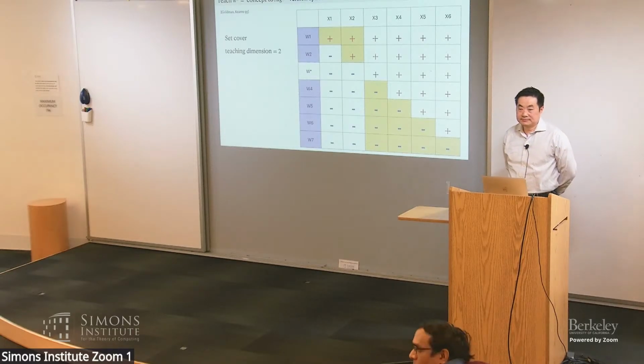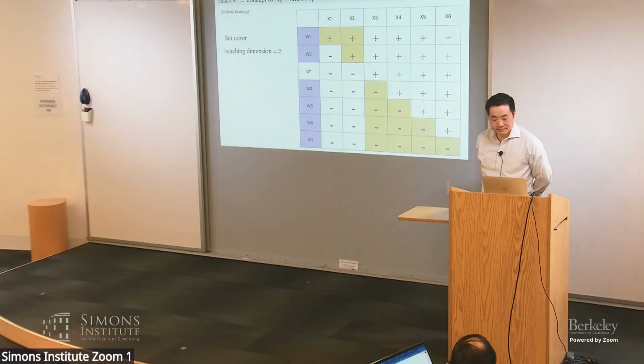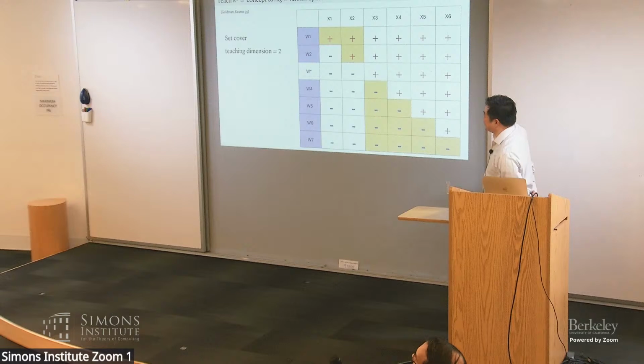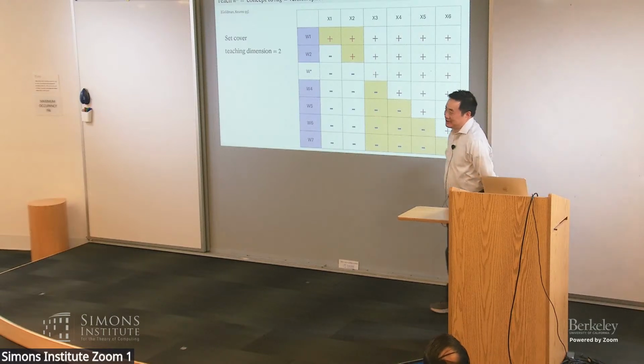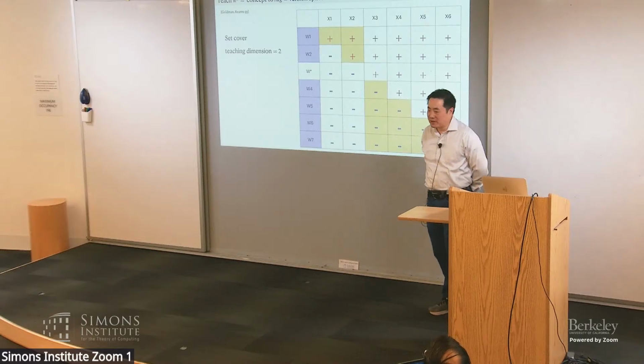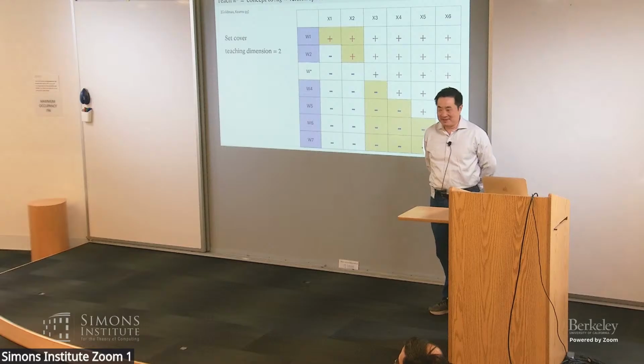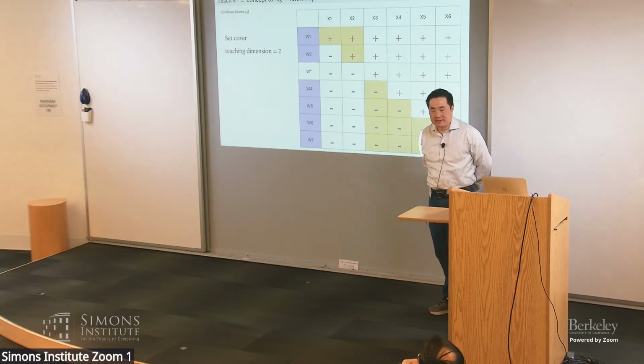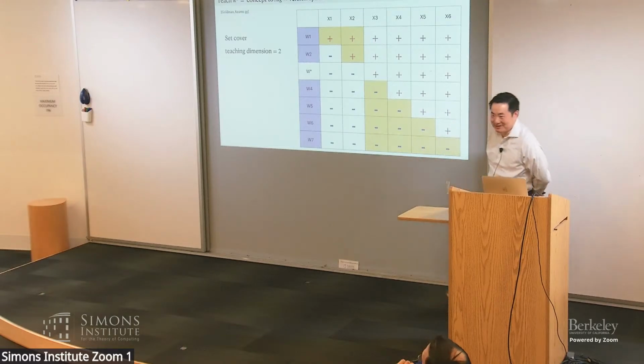Just asking for the cultural, why choose the word dimension and not teaching cardinality, let's say? All right, so that's a question for Goldman and Kearns. But there's a good cultural reason, because before that time, in the machine learning community, the hot thing was VC dimension. And this teaching dimension was meant as a buzzword to contrast, in my opinion, with VC dimension. And we will see that on the next slide. So let's go there.